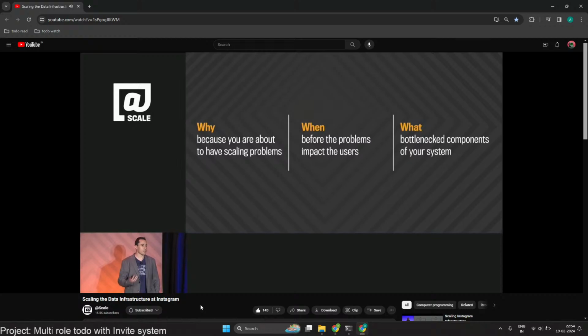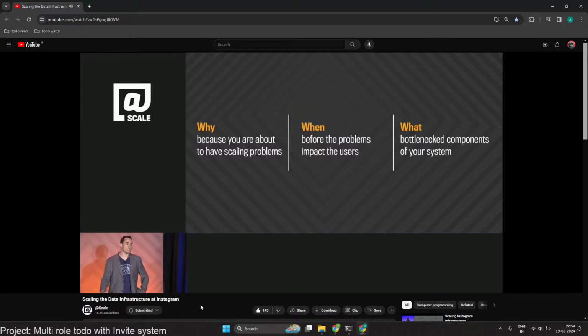Like when do you take action to actually scale? Do I have to be too proactive? Do I have to be just reactive and change things, like change when the system is collapsing? The way we think about it at Instagram is to do things at the right time. So we do that when the problems that you start to notice are about to hit your users, about to create a major issue for your end users.